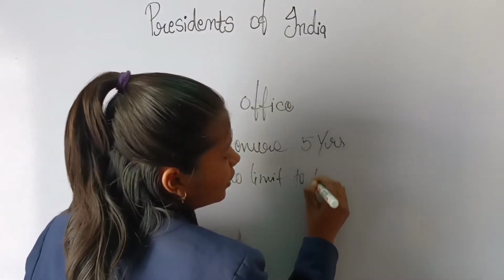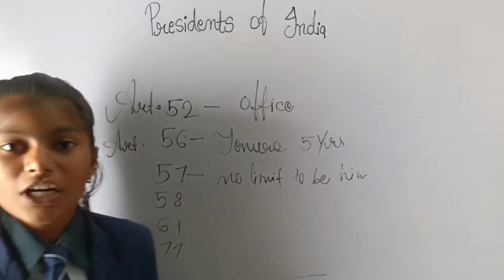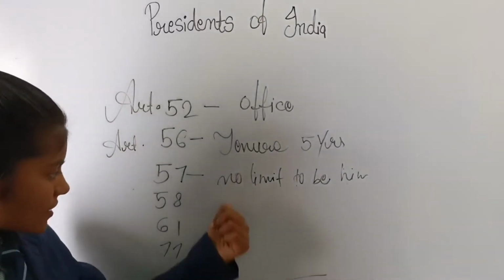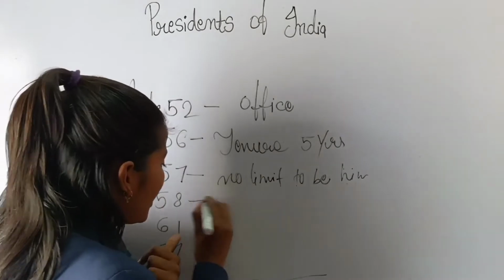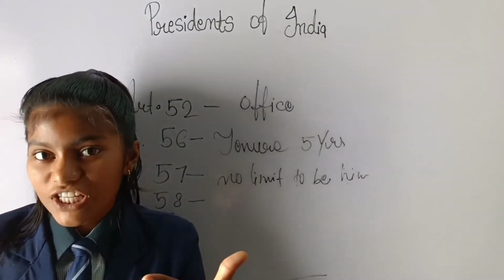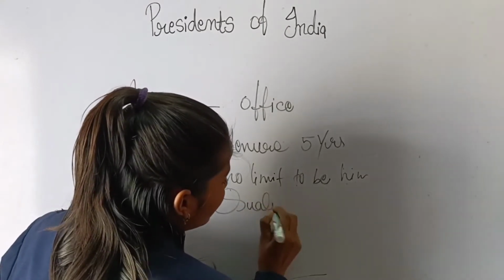There is no limit to be him. Okay. No limit to be a president. Next, Article 58. Article 58 defines the qualifications of the president. So it defines the qualification